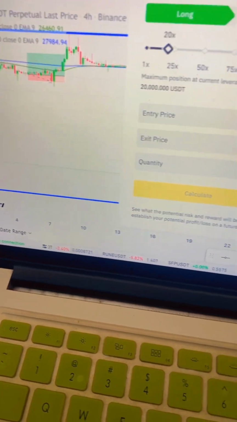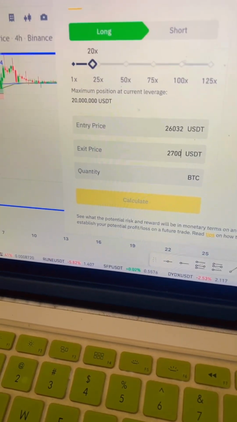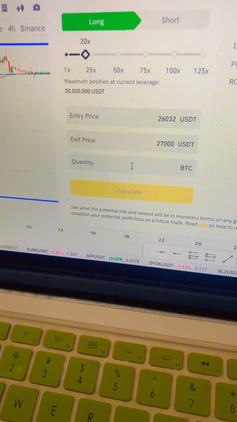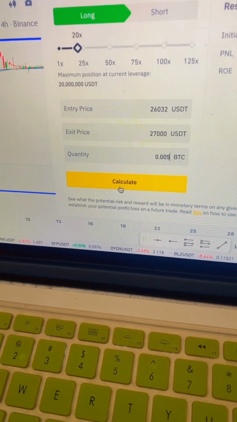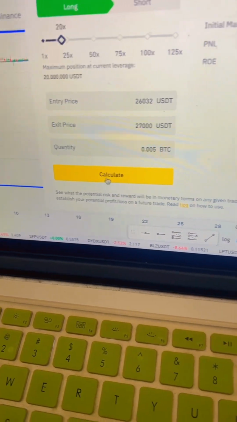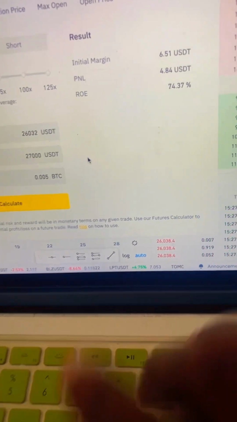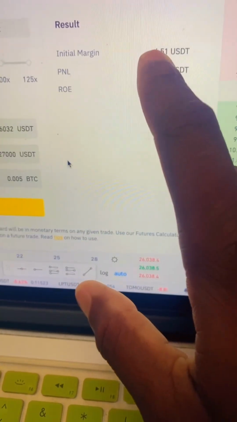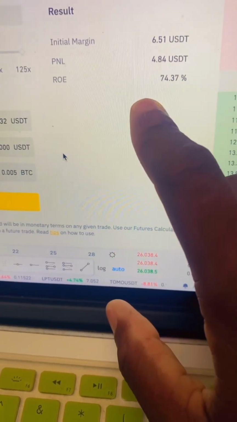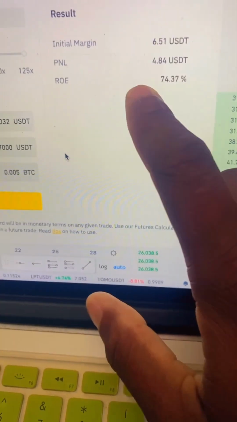I'm just putting in the numbers. Then we put our cost, 0.005. Then we calculate. Have you seen? We are going to make $4. The initial margin, this one is not important. The ROE at that time, Bitcoin